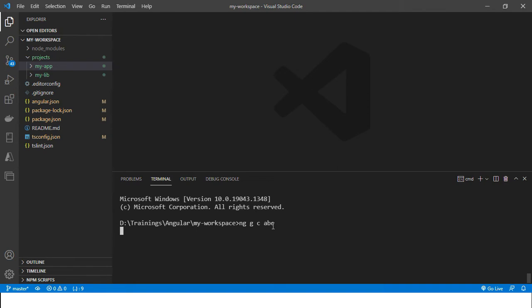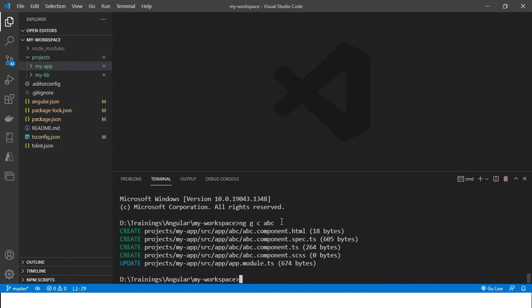When I run this command, Angular will create a component and update it in app.module.ts. See this.